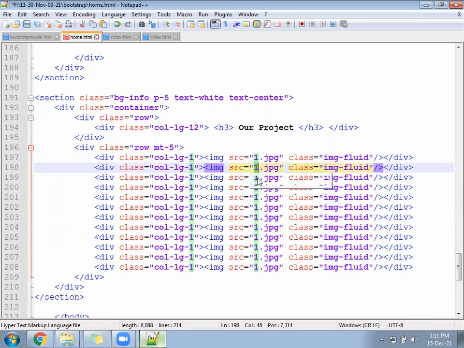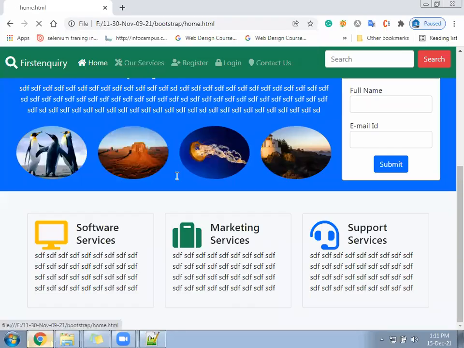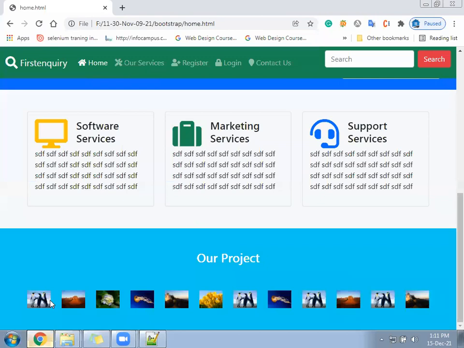One, two, three. 4, 5, 6. The 12 photos become very small in size.